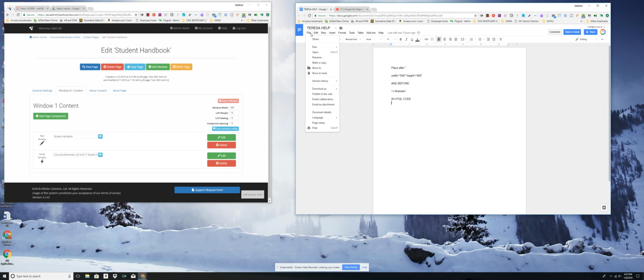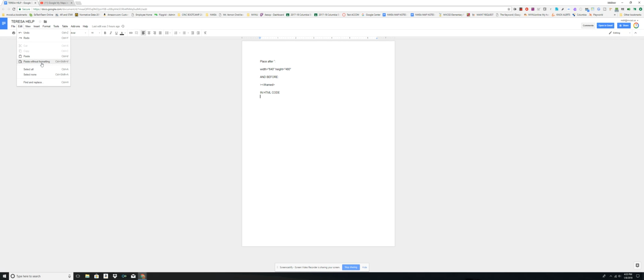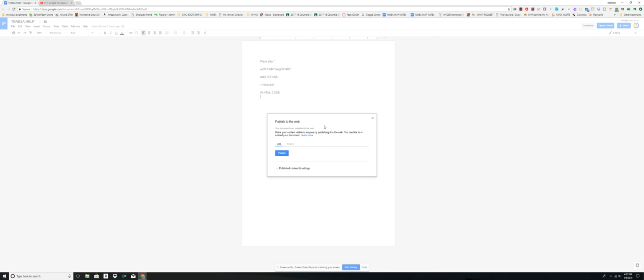If you go up to File, Publish to the Web, right here. It will come up with a screen that says make your content visible to anyone by publishing it to the web. So you have a link option and you also have an embed option. So if you go and click on embed, hit published,